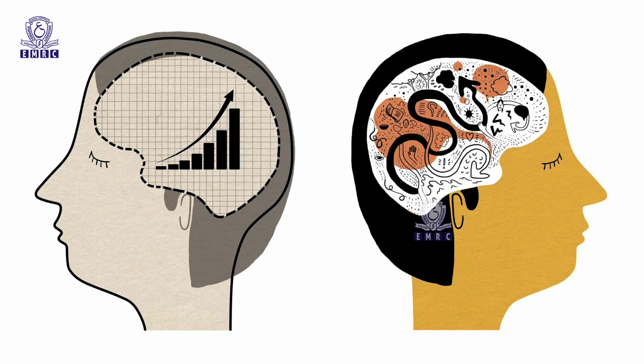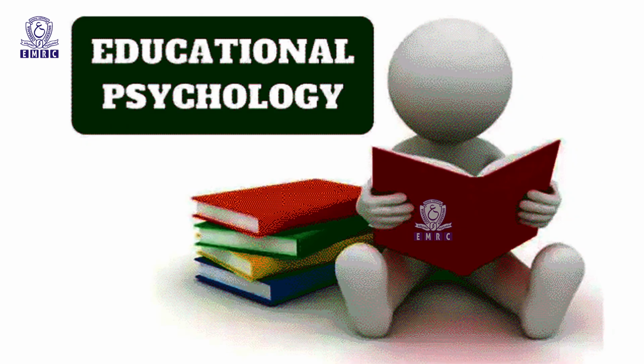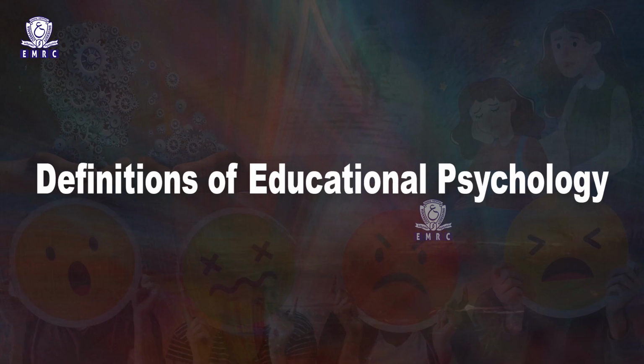Educational psychology is a branch of psychology which deals with the application of psychological findings in the field of education. In other words, it deals with the human behavior in educational situations. It is a systematic study of the development of the individual in the educational settings. It is a scientific study of human behavior by which it can be understood, predicted and directed by education to achieve goals of life.